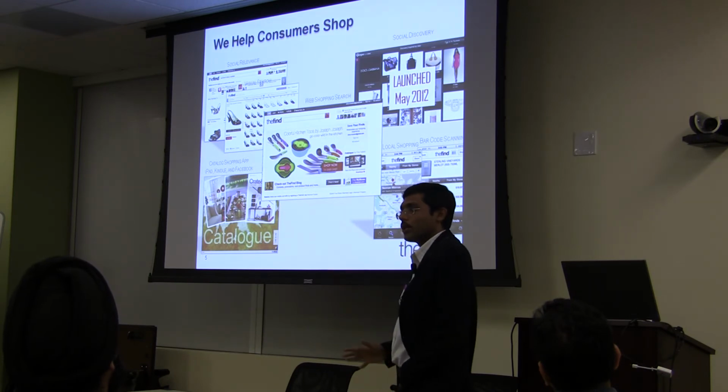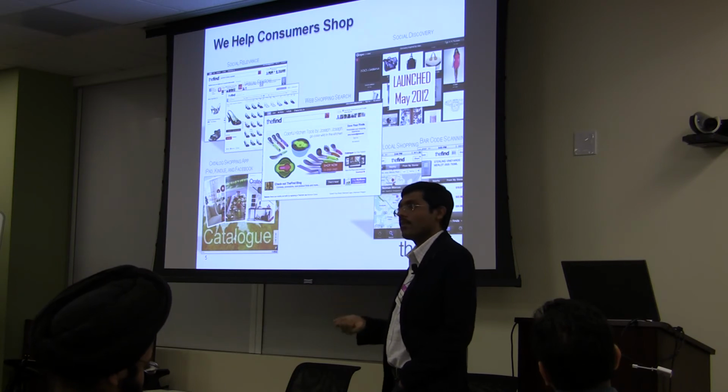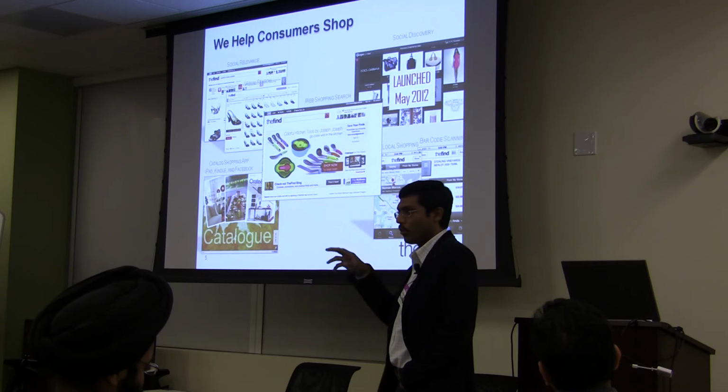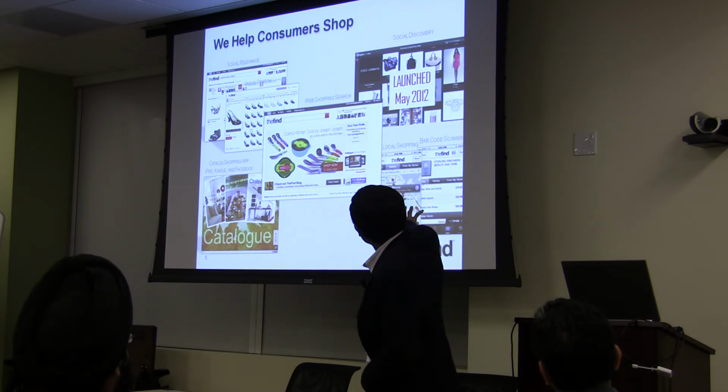All these store catalogs that you get in the mail, like J.Crew and Nordstrom and Best Buy and all of that, we digitize all of that. So if you like Nordstrom, and Nordstrom brings out a new catalog every month, we'll send you a notification to come and check it online. On the right bottom, you see smartphone apps.